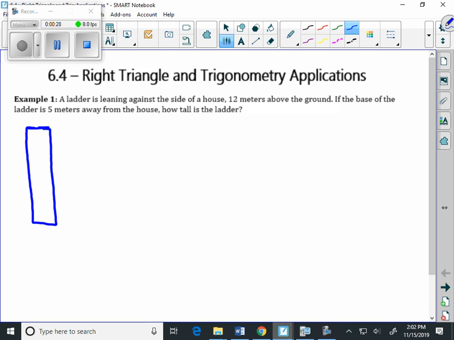I'm going to say there's the side of the house. And the ladder is leaning against the house. So there's the ladder leaning against the house. 12 meters above the ground. If the base of the ladder, so this is really not drawn to scale, if the base of the ladder, and the base is here, is 5 meters away from the house,